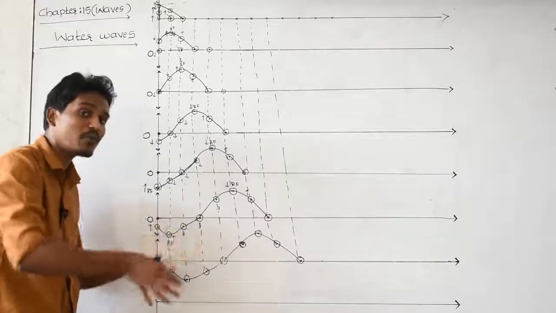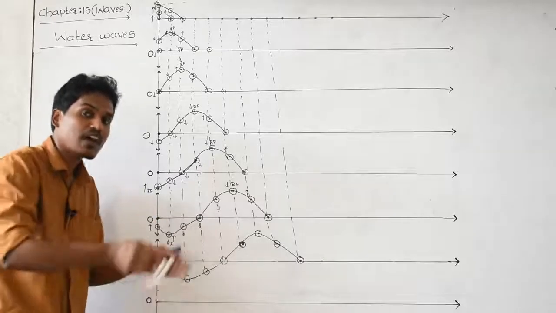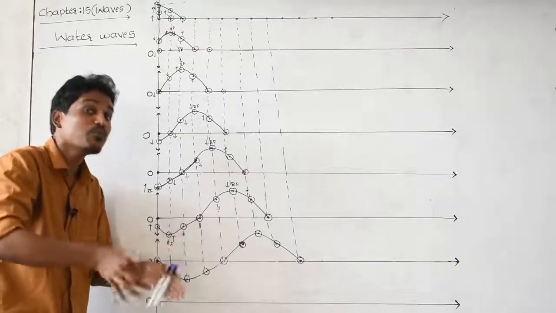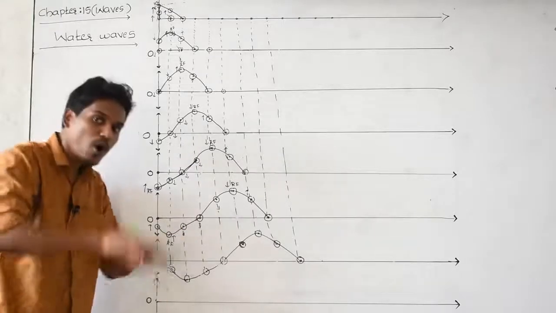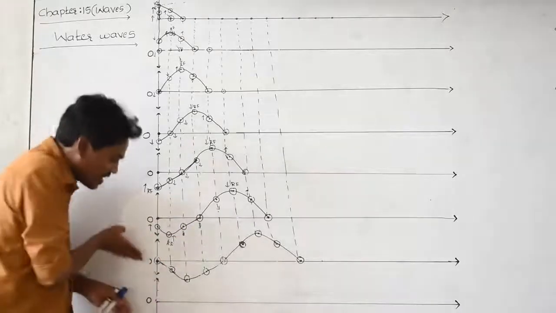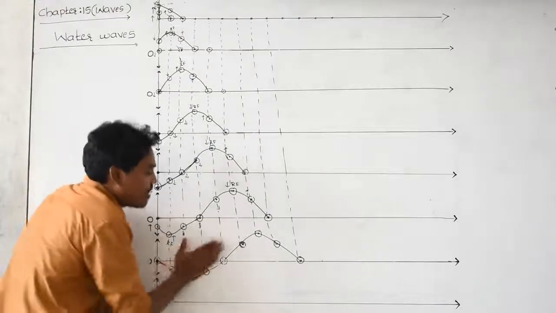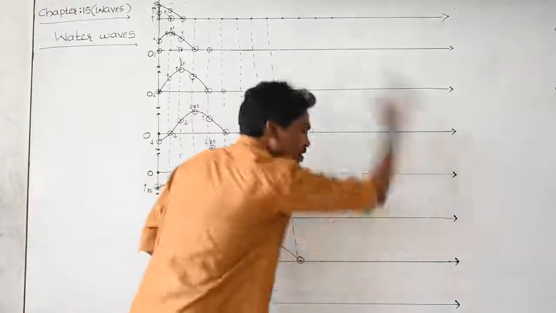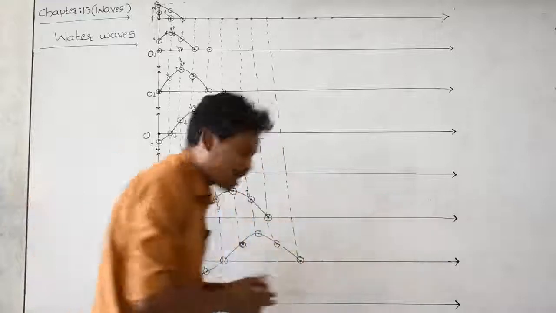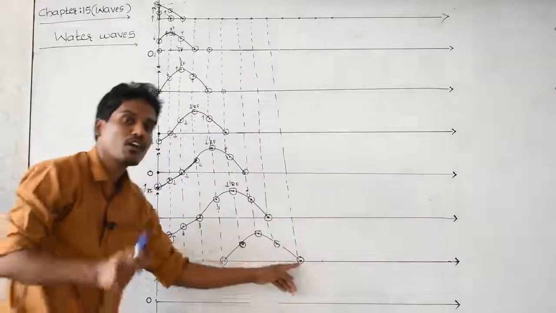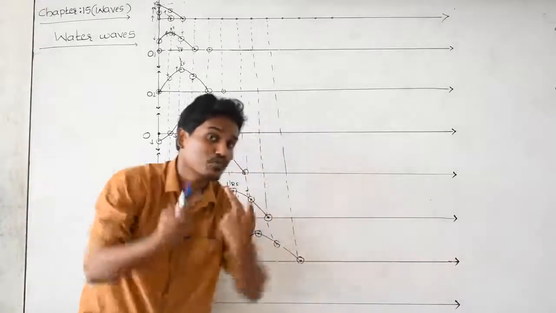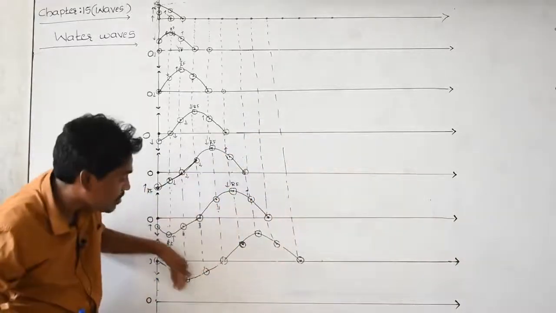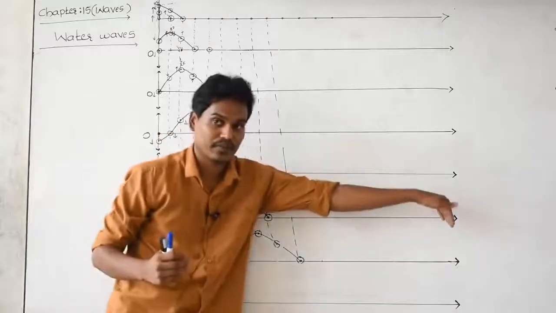All the particles of the medium vibrate about their mean position. Because of the vibration of particles of the medium, the disturbance is raised and moves like a wave. What is moving forward? Are the particles moving forward? No, the particles are not moving in the x direction. Then what is moving? Just the disturbance of these particles is moving.